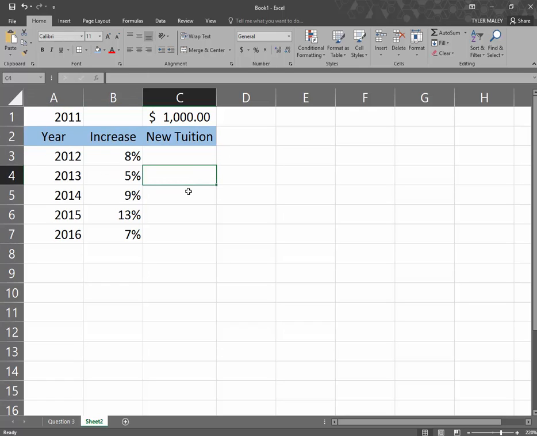Right, so you can see that I just typed this in, but one thing I added is a column called new tuition. So what I want to think about to begin with, to kind of convince you of this, is let's just say, since we don't know the amount, we'll just say $1,000 just for a nice simple number to start with. So what I'm saying is, in 2011, let's say tuition was $1,000. Then how would we calculate the new tuition in